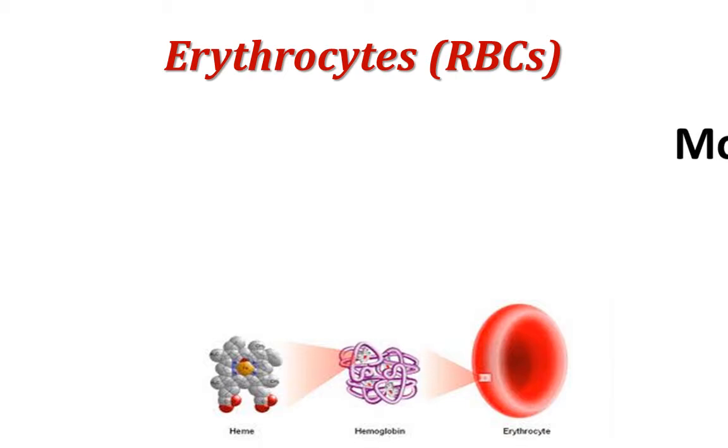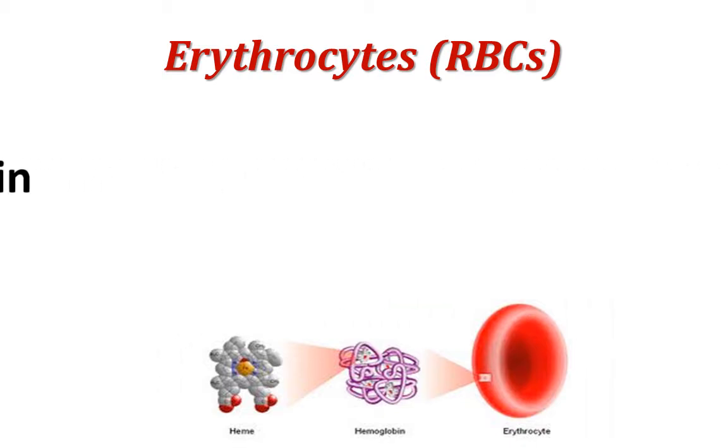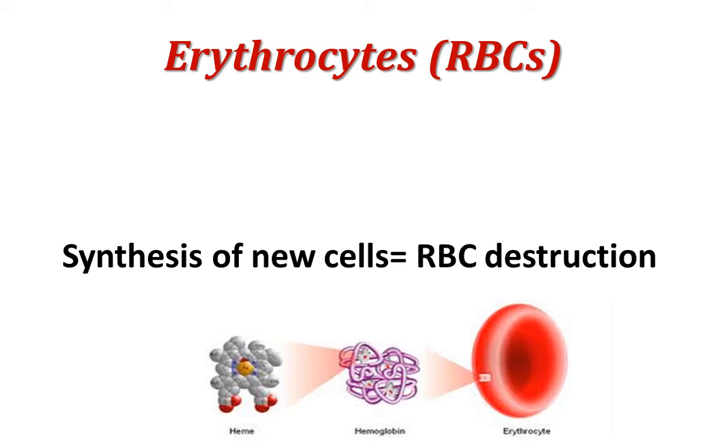More than 99% of formed cellular elements in blood are erythrocytes. They contain the oxygen-carrying protein hemoglobin, which gives whole blood its red color. To maintain normal quantities of RBC, new mature cells enter the blood at the same rate as the number of RBC destroyed in a second.